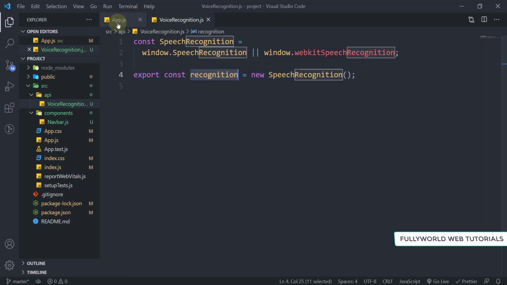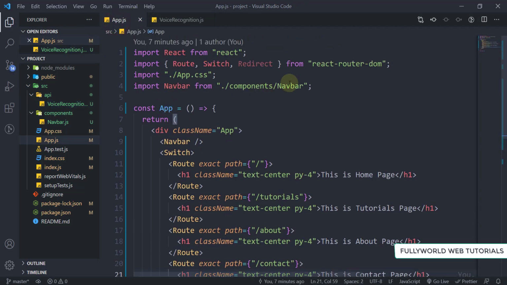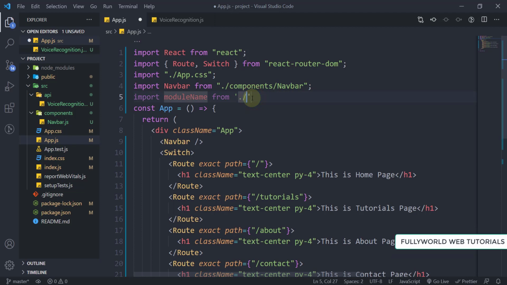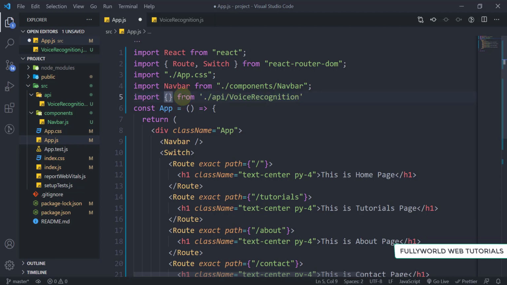I'm going to save it here, and let's go to app.js, and here remove this redirect. Here I'm going to import it from our API and voiceRecognition, and here we are going to import recognition.